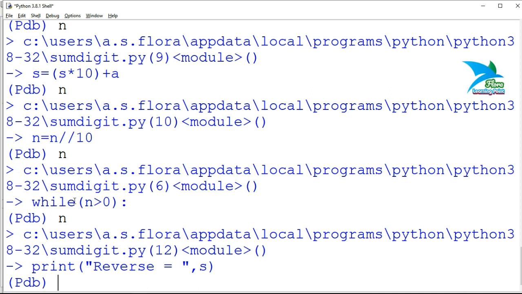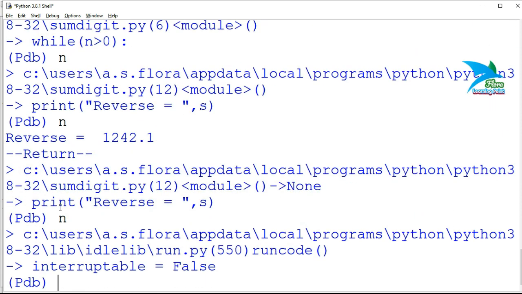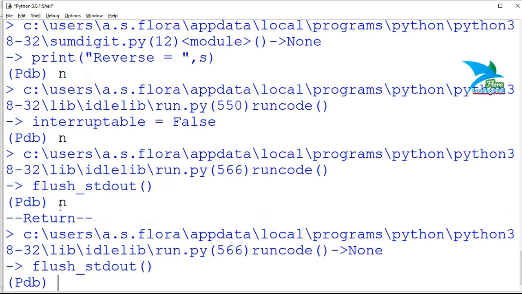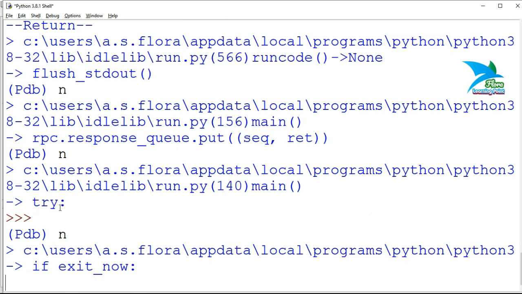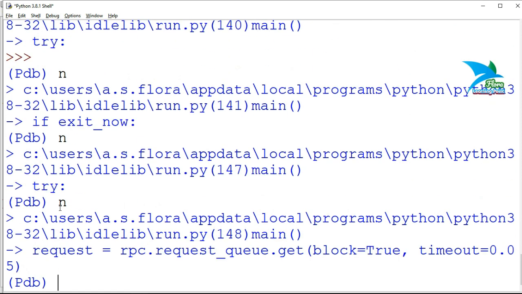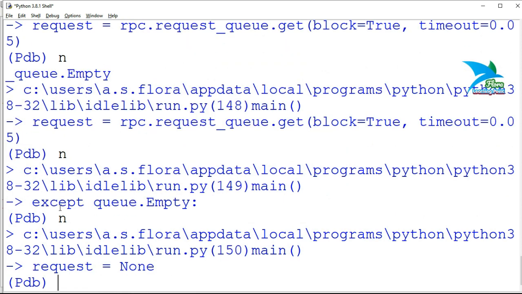Now after the last execution of the while statement, the condition turns false and the control exits from the while loop, and next and next and next. These are the inbuilt function calls of Python. Now the program will continue executing.